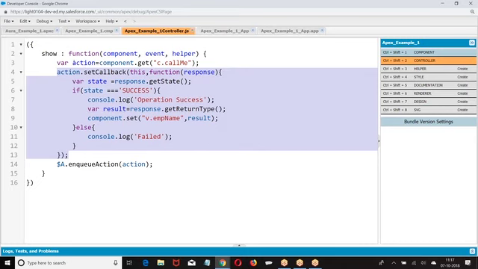Now this is to create an instance of the action and add that action to the enqueue. When you give the action to enqueue, it will go to the queue, perform the operation, then give a response. Even if it is a success or a failure, it has to convey the message.